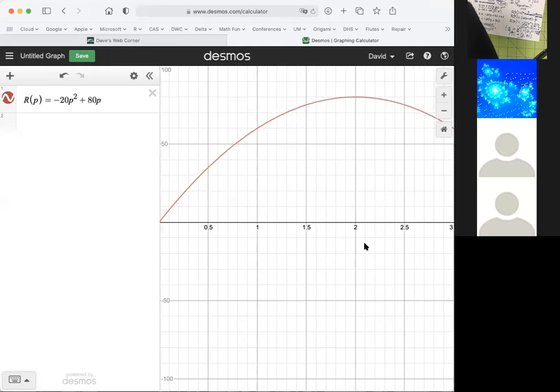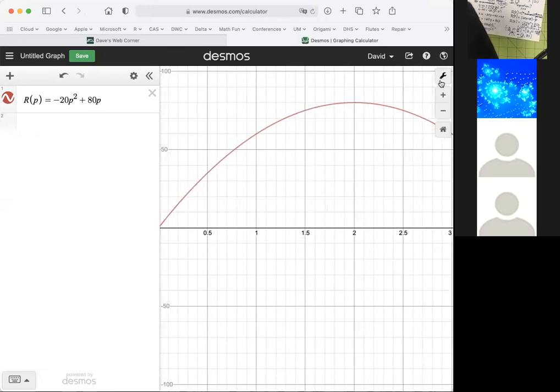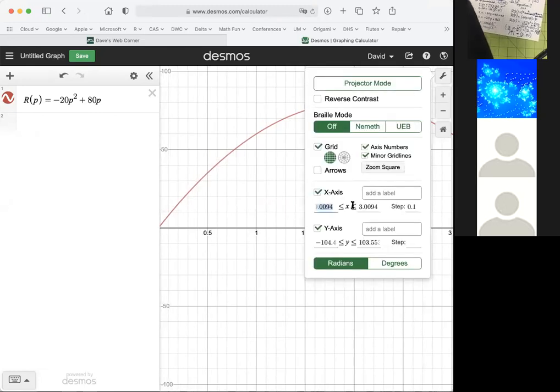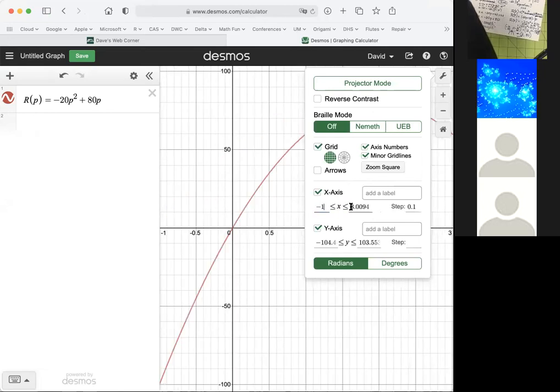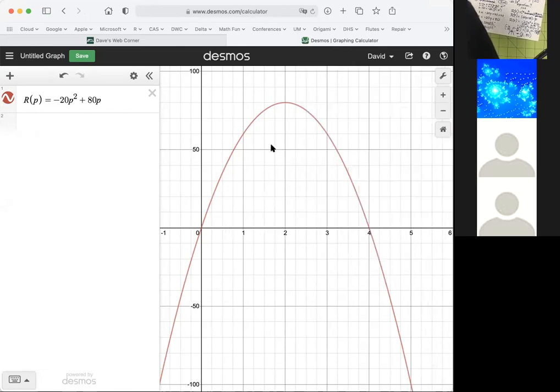Now, this is only part of a parabola. Do you see that from 0 to 3? Maybe I should make this bigger. Let's make the x-axis -1 to 6. Okay, maybe that's bigger than I need, but here is my maximum. If I sell books for $2, I will make $80 in profit, income, because I'll sell 40 books at $2 each, be $80. But what if I want to change that price